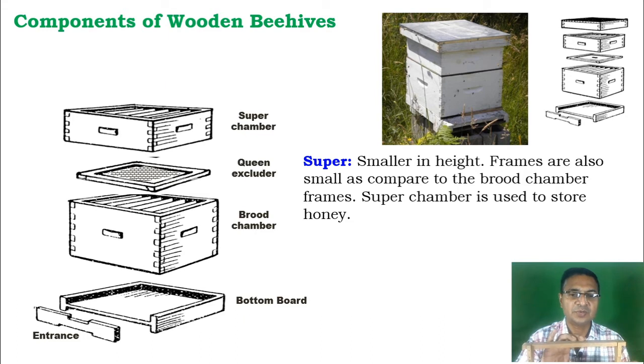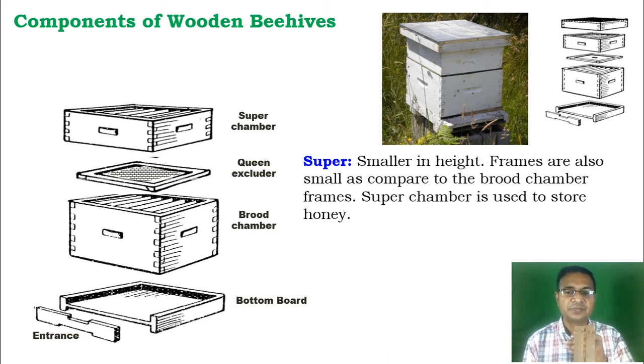The same pattern applies to the frames of the brood chamber, that is a top bar, side bars and the bottom bar. An extension is present, so we can put those frames in the groove present in that chamber also. Here, the space present between the two frames is very important. This is what we call the bee space.